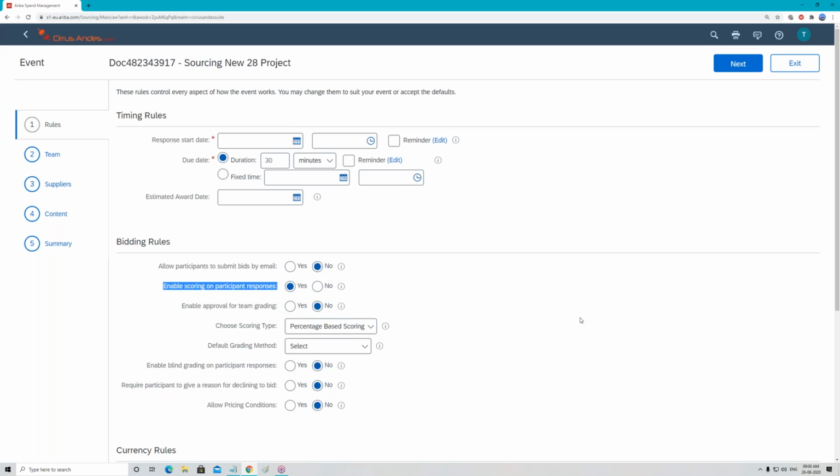Correct. Now most of you are saying yes. Why? Yes, you're correct, guys, but why? Because remember, this is a standard feature of Ariba.